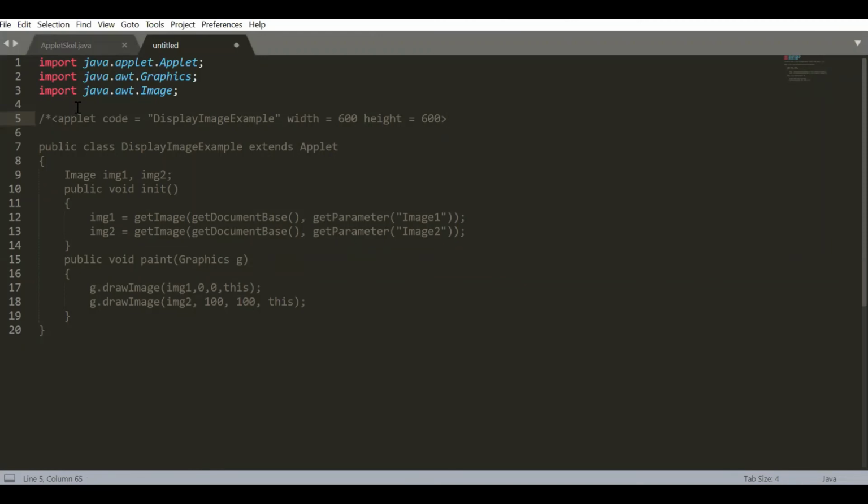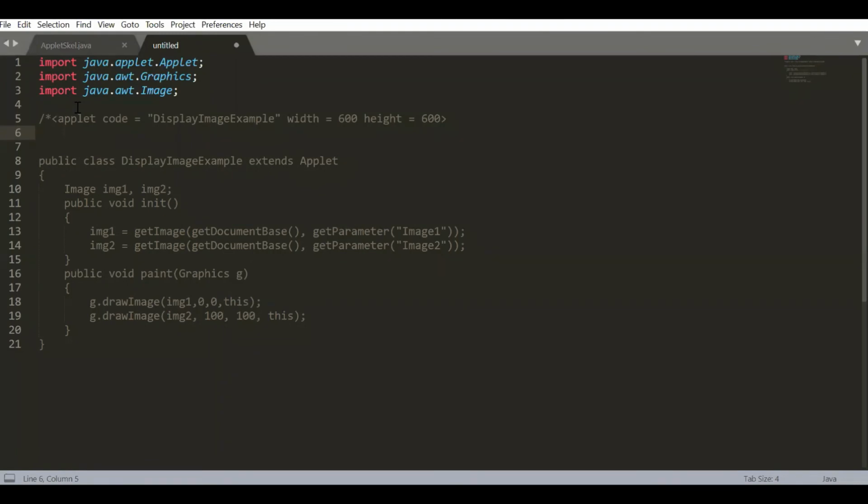And then we need to define the parameter names of image1 and image2, right? We have given getParameter here, so we need to provide the parameters here.